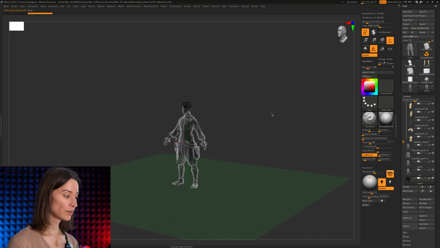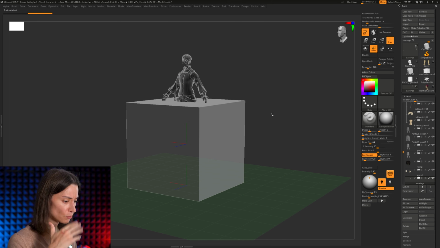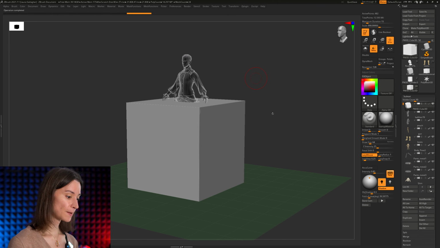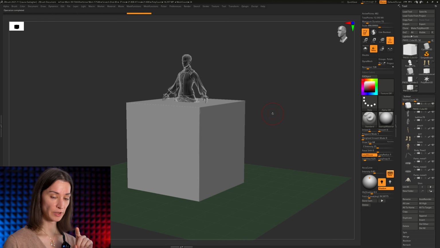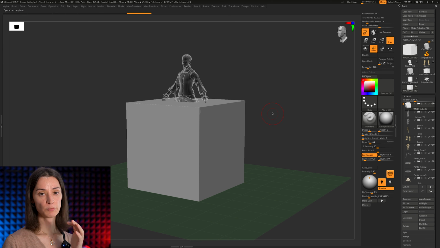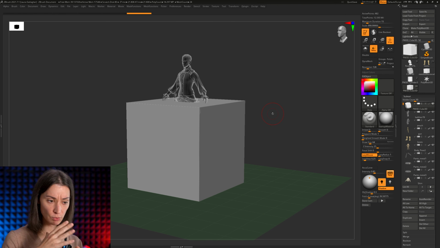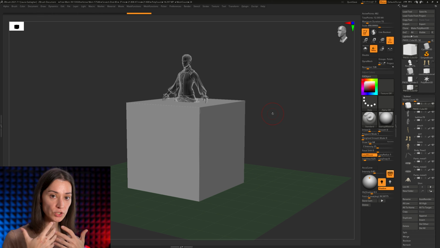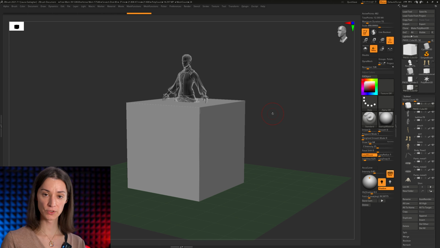Now, I assume this is a lot to take in, okay? We've gone through a lot of things. We've talked about Unify, we've talked about the size, we've talked about the bounding box, Dynamesh resolution, improperly scaled characters. It took us a while to go through this because I really wanted to dissect everything to its smallest important component so that you know what happens in whichever situation in which you want to adjust the scale of something. If something is improperly scaled, if you want to change the units, okay,